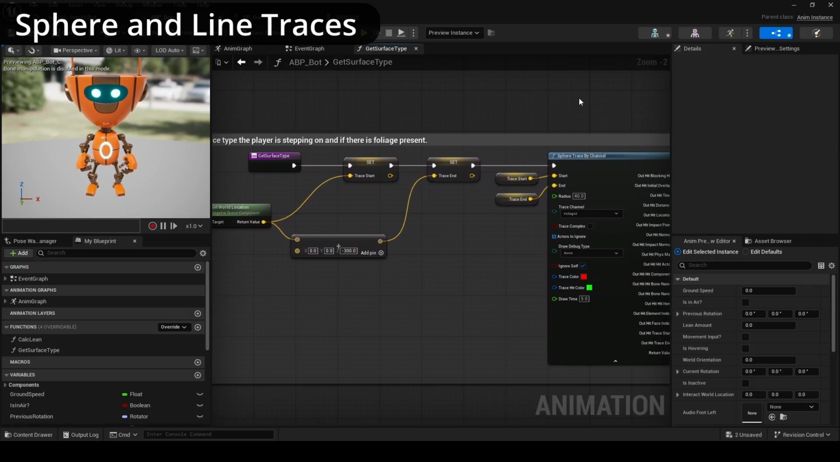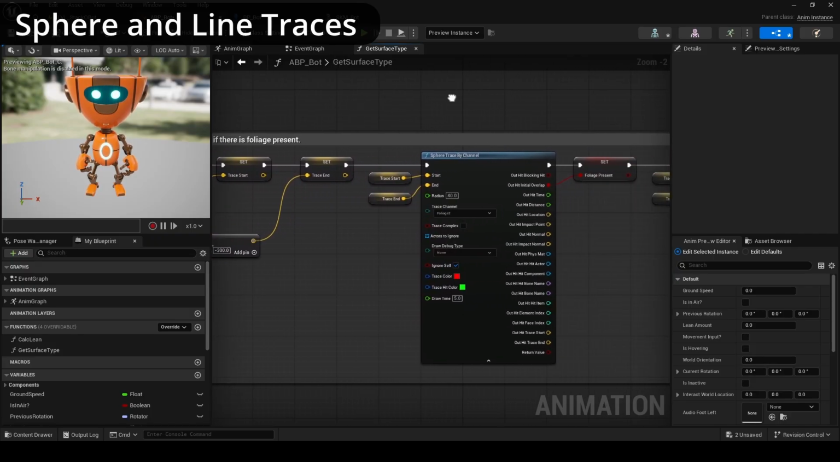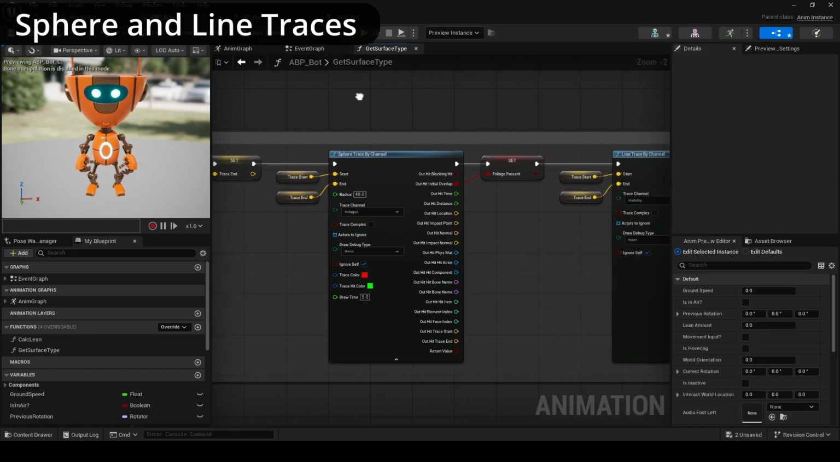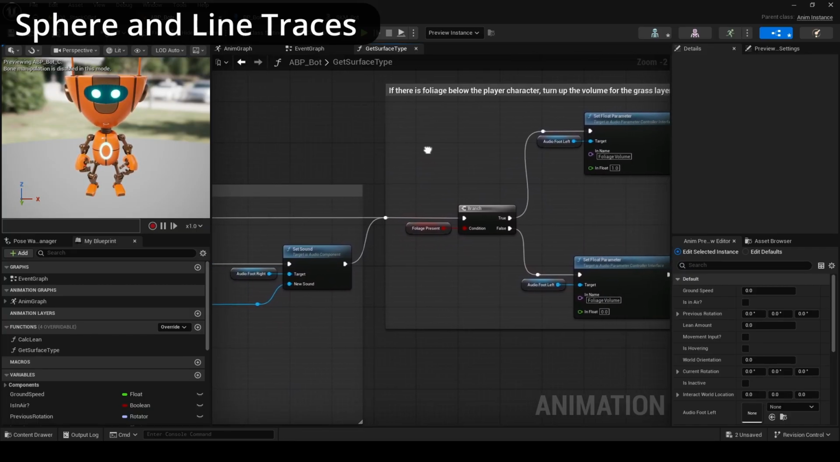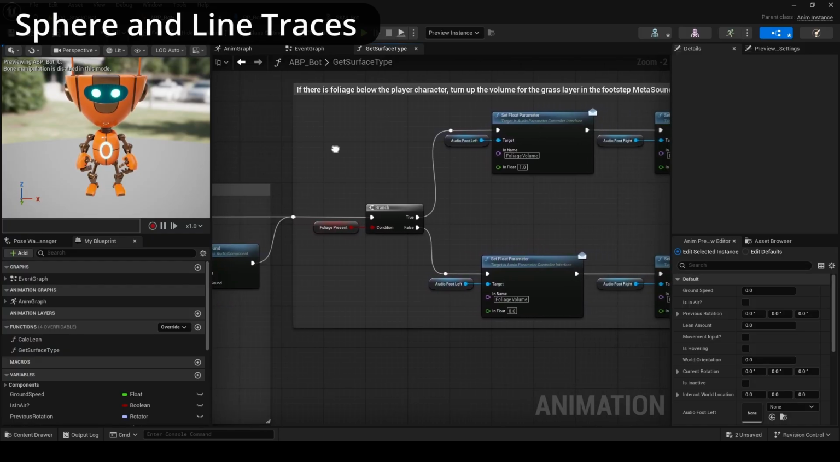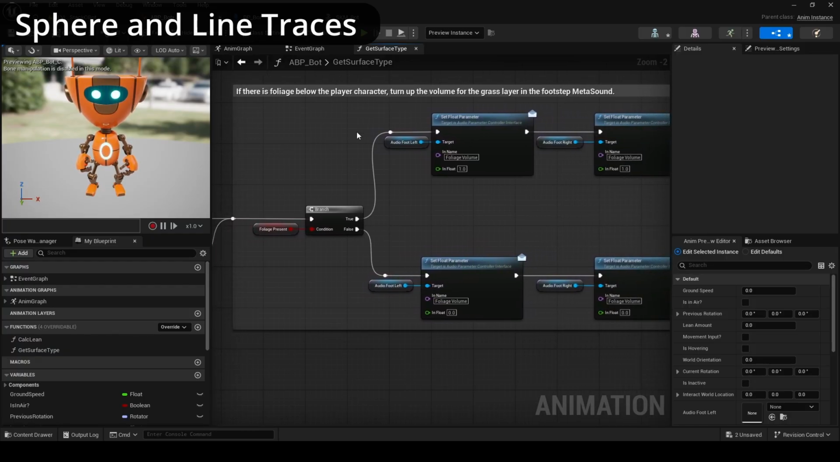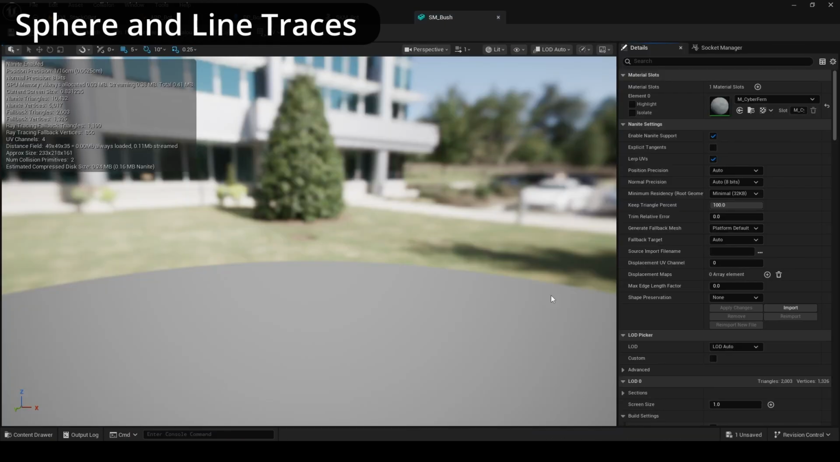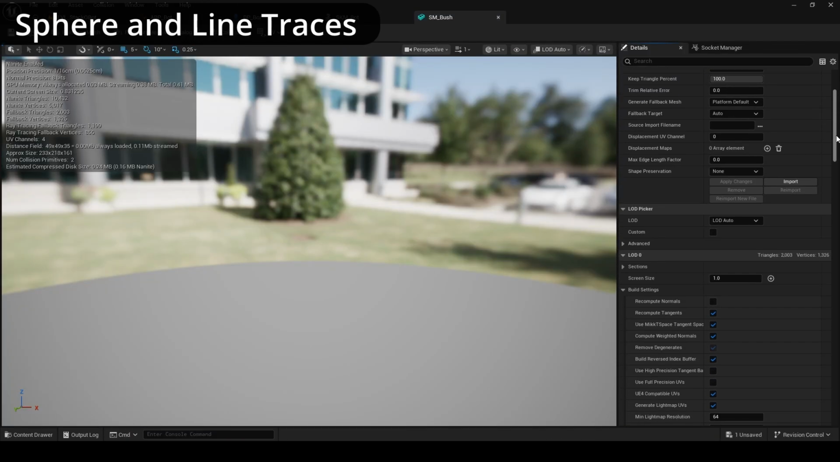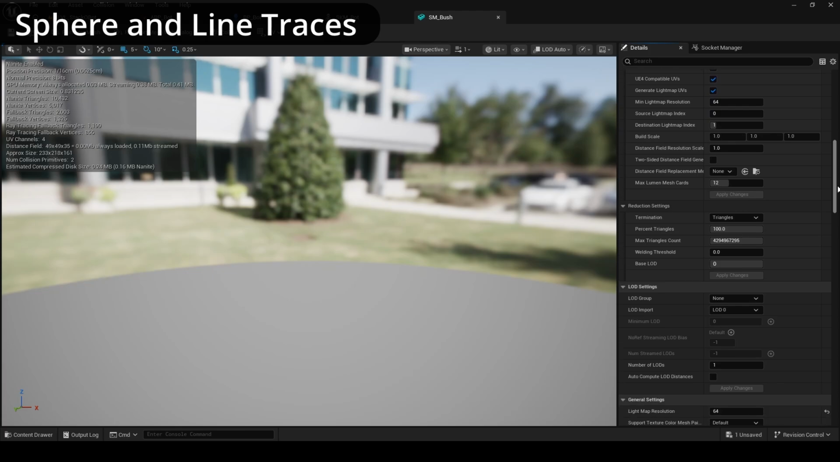For this, I used a narrow sphere trace around the feet of the player character to be able to detect any collision with foliage. If the sphere trace detects any foliage, it will change the variable in the footstep MetaSound that controls the volume of the foliage layer. I added custom collision settings to the different foliage meshes in the content browser, but realized that the sphere trace